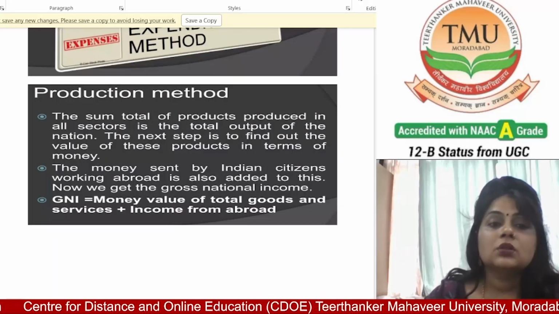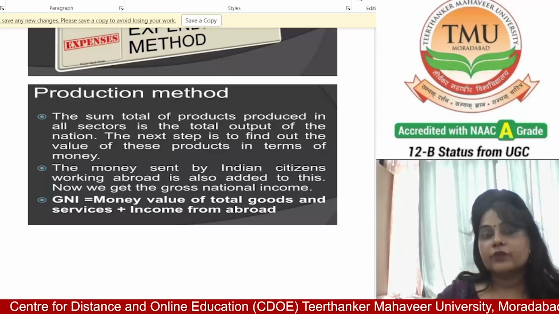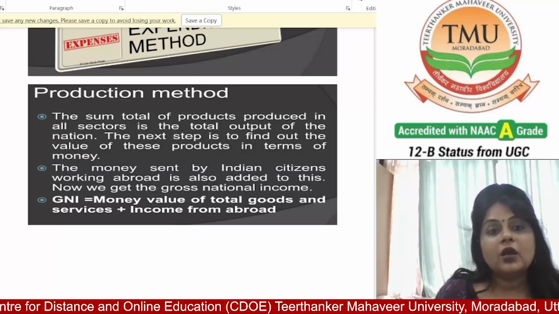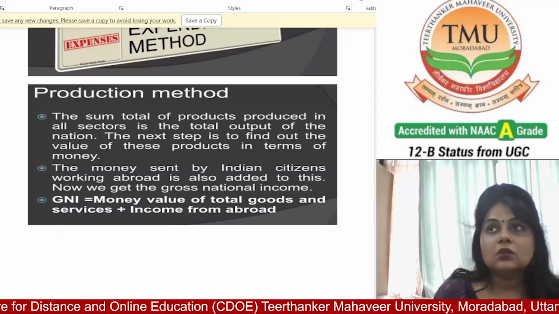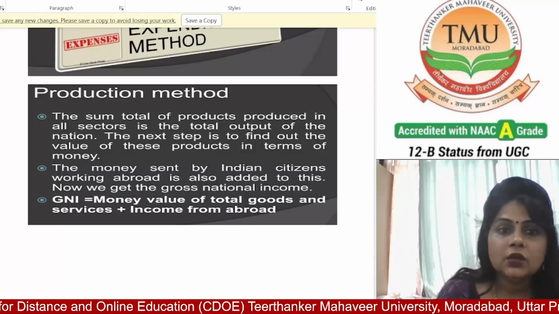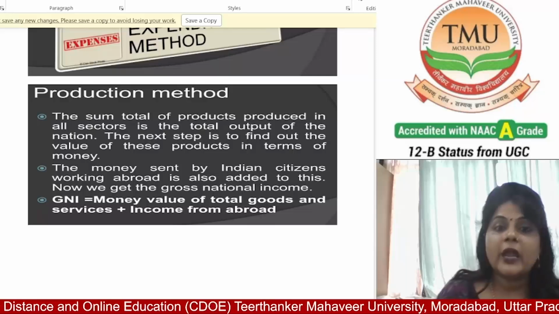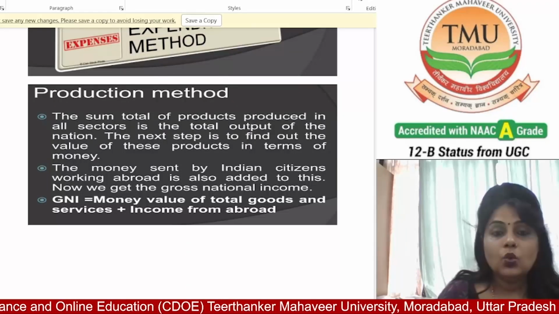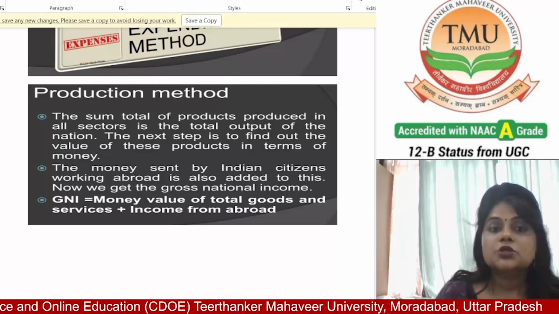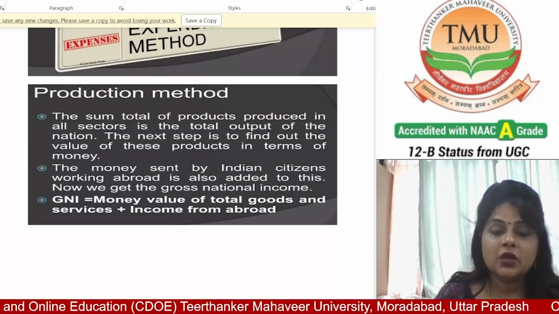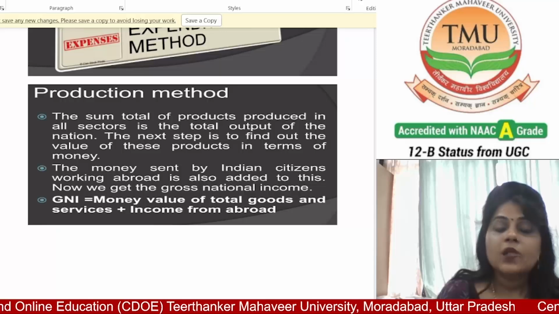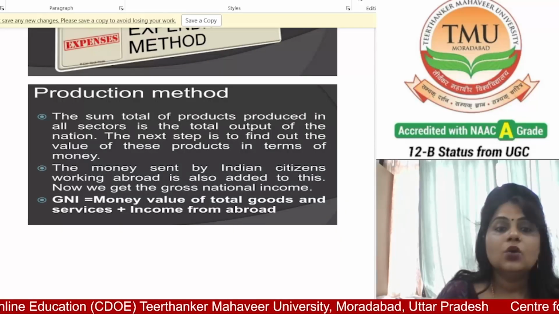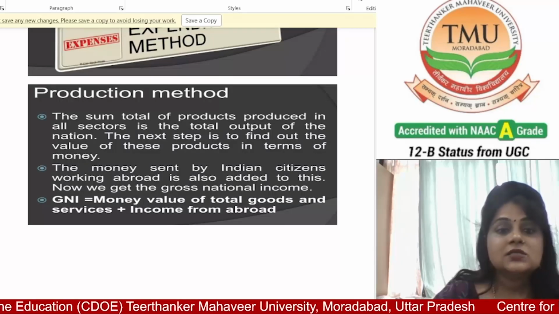So double counting in the production method is a problem; there is a need to avoid double counting. So some precaution should be taken to avoid it. First of all, the final output method. The method of final output says that only the value of the final goods should be added in the determination of national income. So in the above example, using the method of final output, only the value of biscuits, 700,